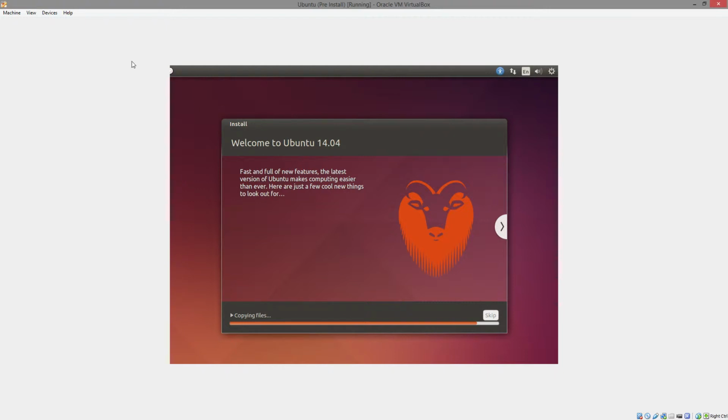So while it's doing that, I'll get back to talking about virtual machines. So virtual machines are also useful for things like if you're trying to browse the internet and you're worried about viruses, or you're doing something you shouldn't be doing. That's a good use for a virtual machine, because what the virtual machine will do is it connects to your own network adapter that's on your actual computer, but it does it